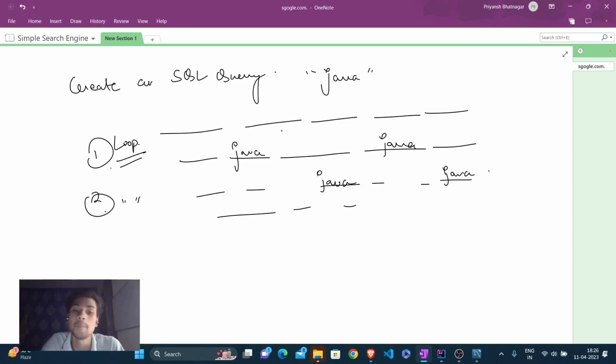Okay, with an empty string. Now this Java keyword will be considered as an empty string. This Java word will be considered as an empty string. This will also be considered as an empty string. This will also be considered as an empty string. Now you can see if we are changing the Java word with an empty string, the length of the complete page text